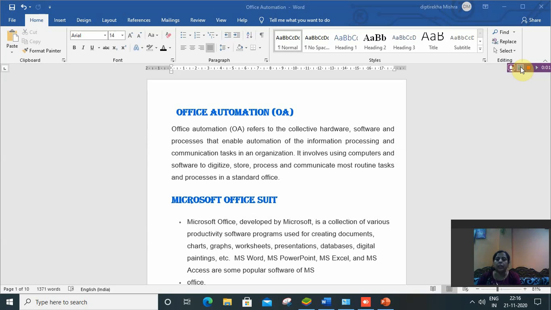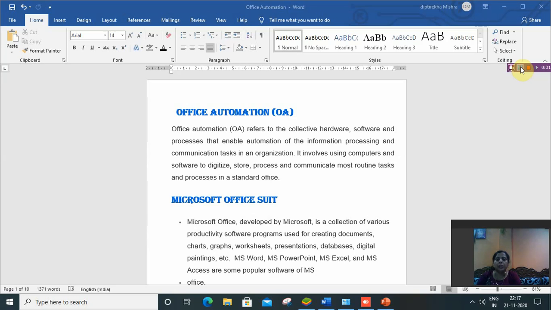It involves using computers and software to digitize, store, process and communicate most routine tasks and processes in a standard office. So office automation makes office work easy and makes the office paperless.